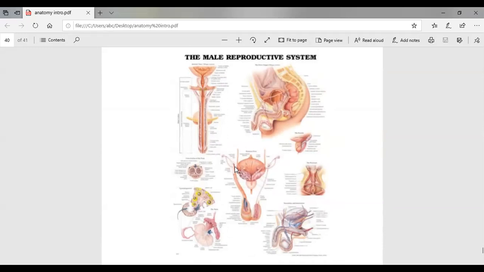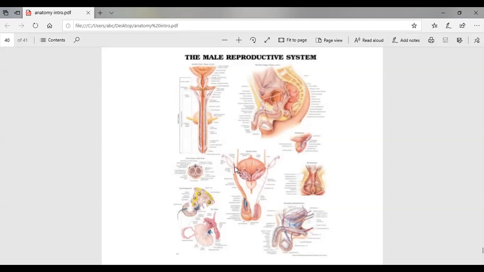Now, the bladder, which we studied in the urinary system, stores our urine, right? The waste material mixed with the water is called the urine. Whenever the bladder gets filled more than its limit, it sends the urine through the penis. So the penis is an organ of both organ systems, the reproductive organ system as well as the urinary system.